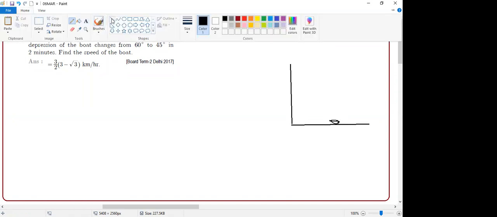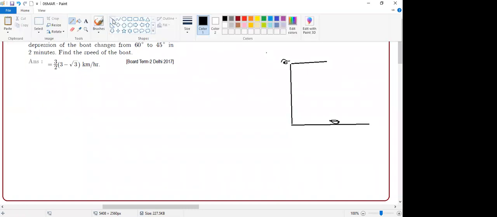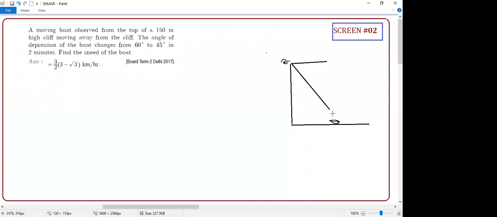And he is seeing, what is that? Line of sight. This is the line of sight. Guys, the observer is here. He sees at eye level. So he is looking at the boat first here. Then the boat is moving, and the same boat, not two boats, students, same boat.